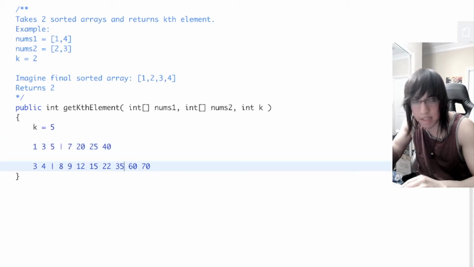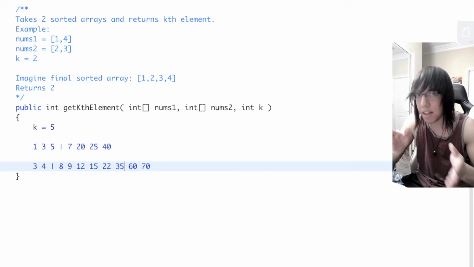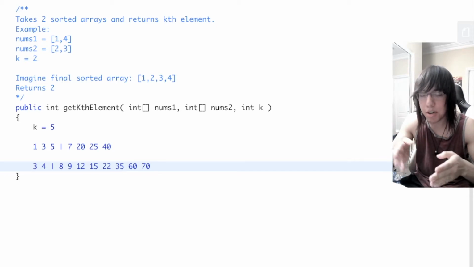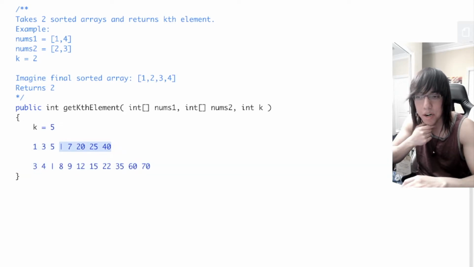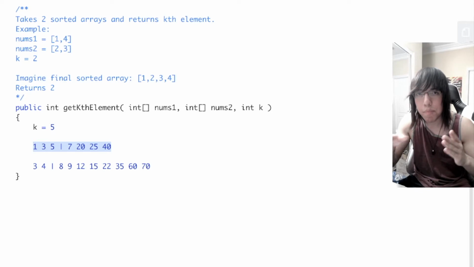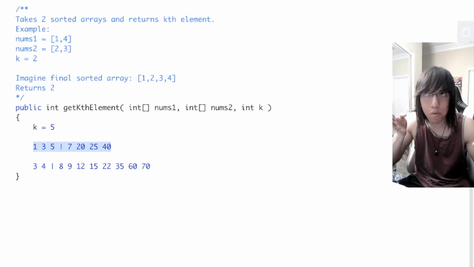Now let's get into how we're actually going to binary search this. Because we're not going to linearly look for the partition. We're going to just binary search for the correct partition on the smaller array. And the reason we can just do the binary search on the smaller array is because if we know how to partition one array, we know how to partition the other one, right? Because if I